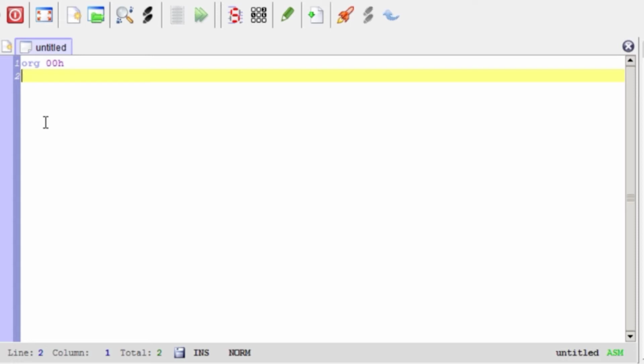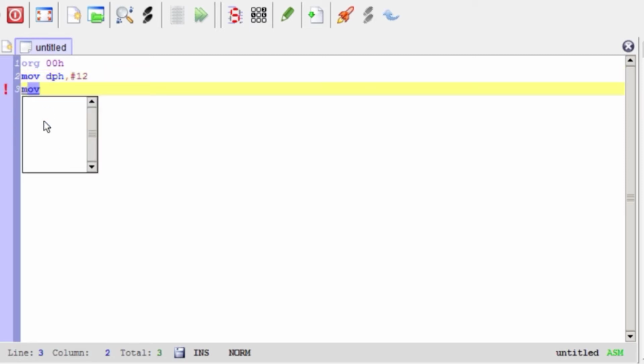First of all, we are going to enter the first value, that is MOV DPH, #12, okay, and MOV DPL, #11.